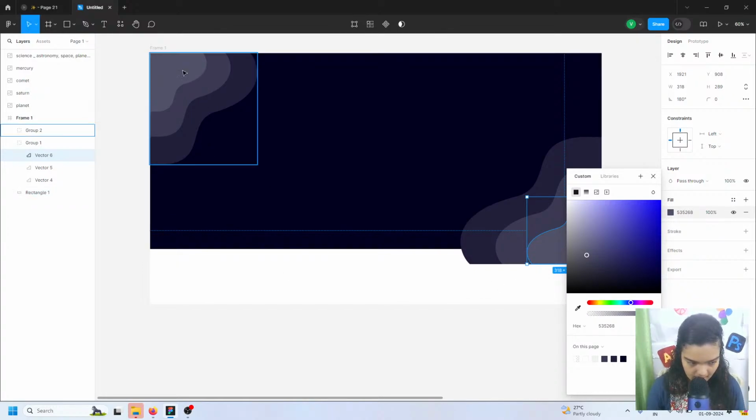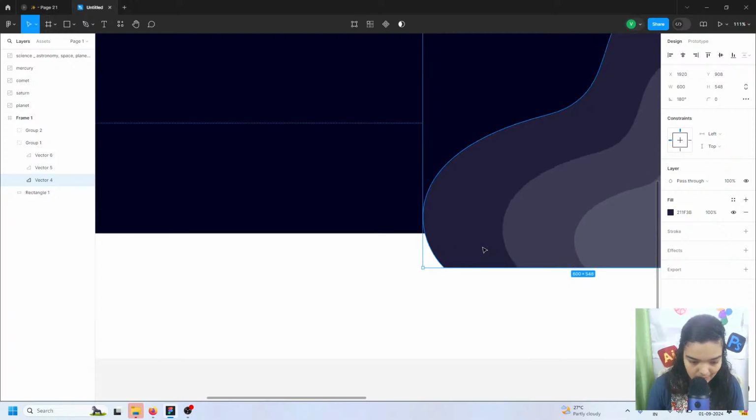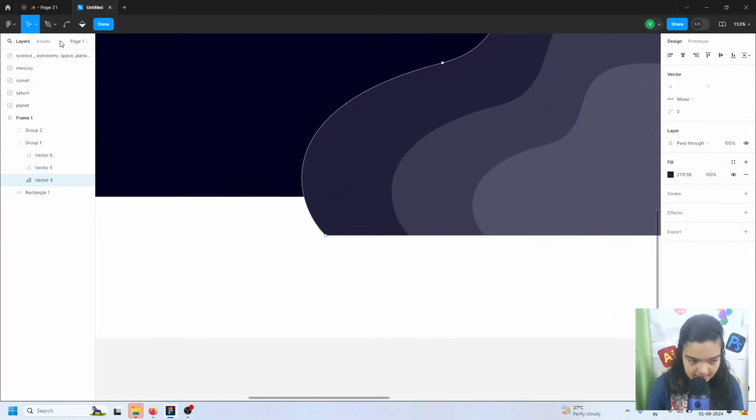Okay, and now we'll just take that third color. What this does is it makes sure we are actually able to put this in front of our square even after being visible. And now we're going to start to change these shapes a little bit. So we'll just get our pen tool, go right here,